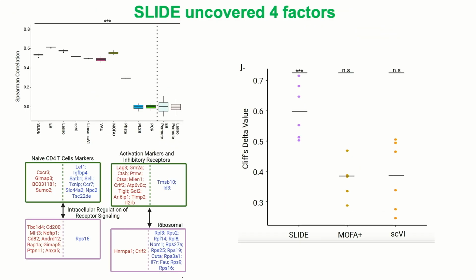So the top left plot is in a k-fold cross-validation setting. SLIDE and ER are predicting clonal expansion very, very accurately, but that's not really the main piece. The main piece is what we learn, what is interpretable. So we see three key latent factors, one involving markers of naive CD4 T cells, some well-known markers of naive like L-selectin or CCR7, celebrated activation markers, inhibitory receptors like LAG3, PD1. But we see these context-specific group structures emerge.